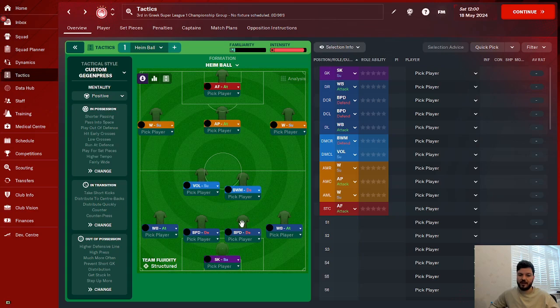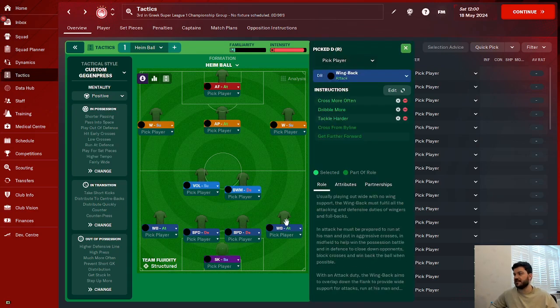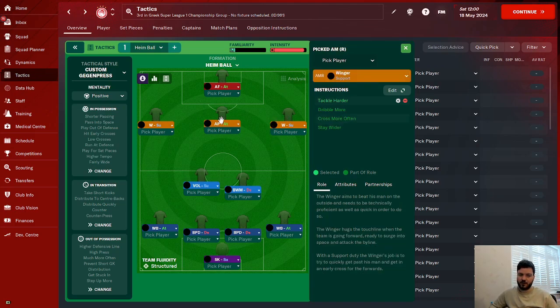Now, it is two ball playing centre-backs on dribble more and tackle harder, sweeper keeper on support. I love wing backs that are attacking, cross on the byline, dribble more and tackle harder. As you know, Mendilibar is all about those crosses, and I feel like having these wing backs will certainly help that. Ball winning midfield player and a Segundo Volante. Now, that isn't really what Mendilibar does. It doesn't have Segundo Volantes, but again, it is just a variation with the wingers on tackle harder,